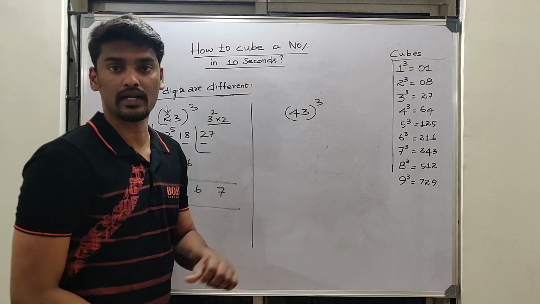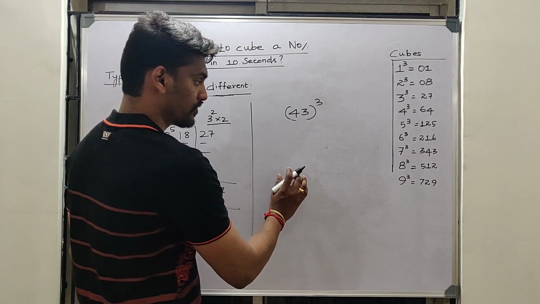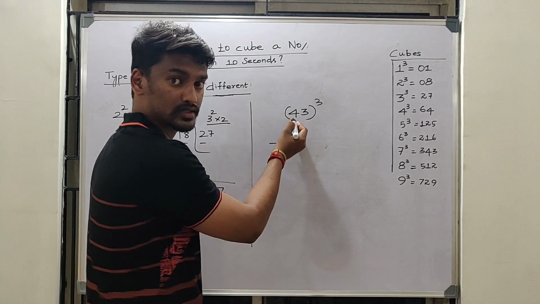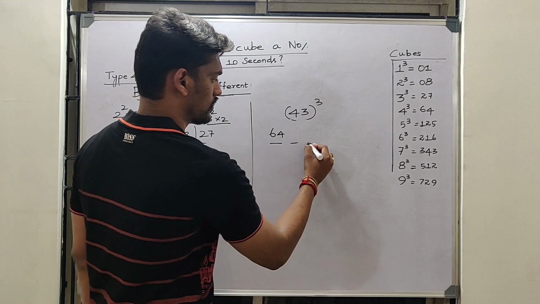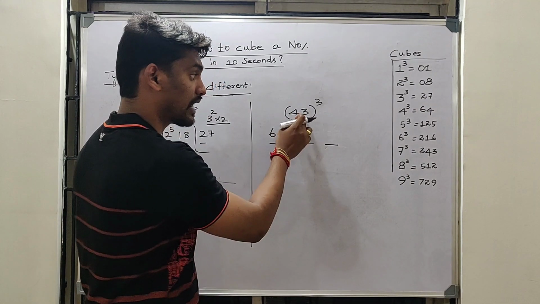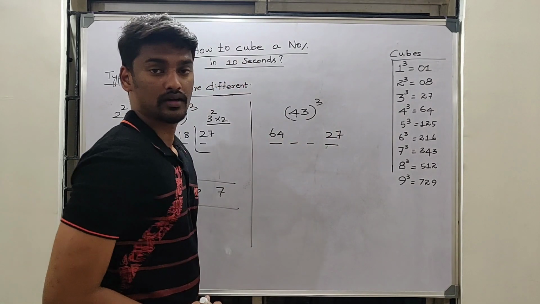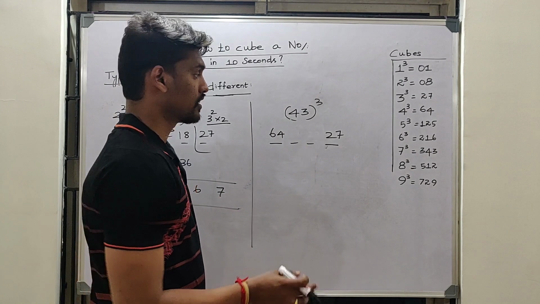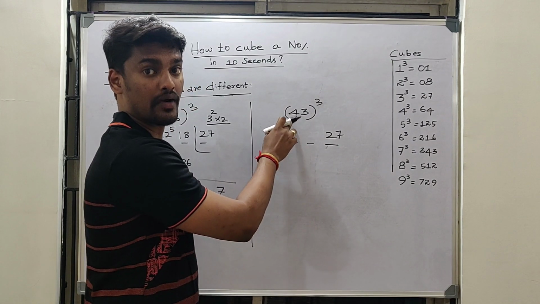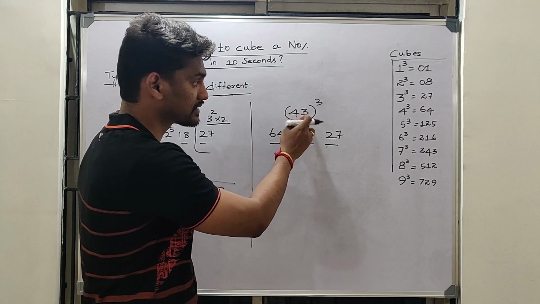So now you people also try to join me and do this sum. So 43. In first place we have to take the first number and cube it, which is 64. And in the last place we have to take the last number and cube it. So 3 cube is 27. In these 2 places, you have to take the first number, square it, and then multiply with the nearest number, I mean the next number.